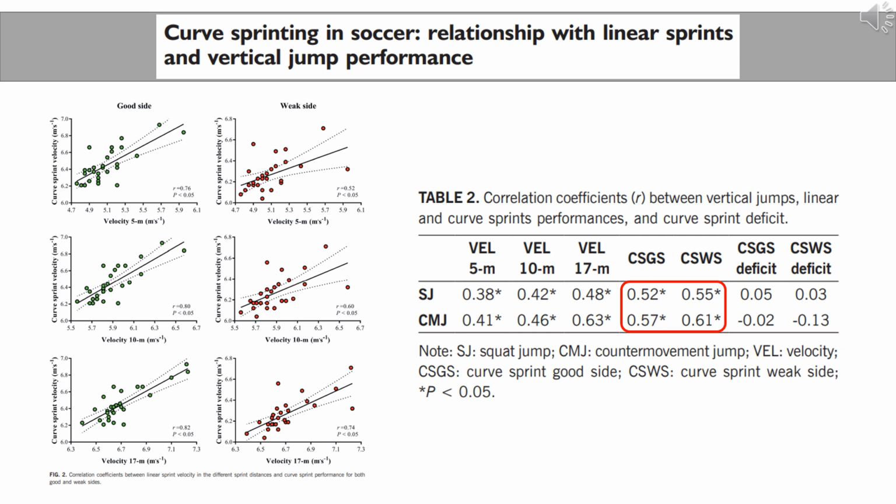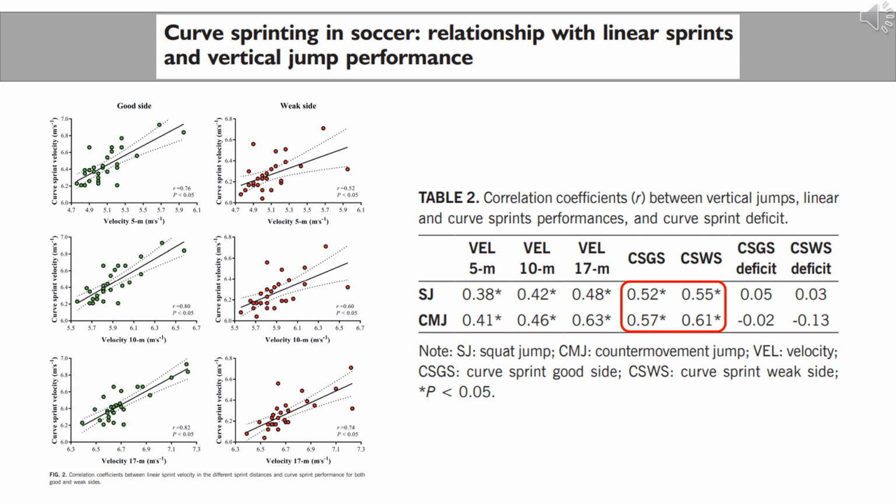That R value is 0.80 and 0.60 respectively for 10 meters, and then 0.82 and 0.74 for 17 meters. And 17 meters was chosen as a linear speed time to match the curve sprint distance that these athletes conducted. So with R values ranging from 0.52 to 0.82, there's a pretty strong and somewhat expected correlation